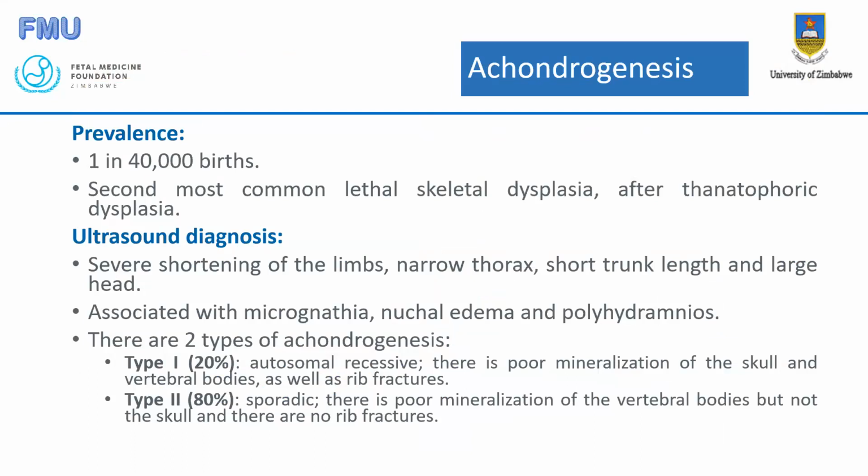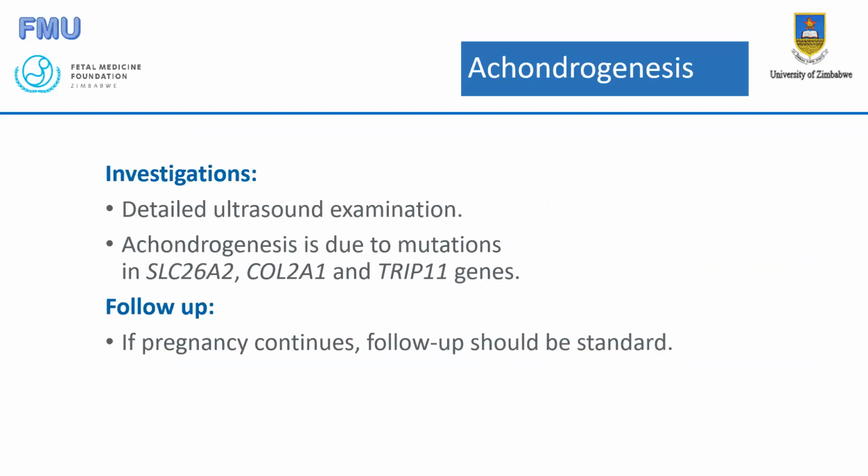The worst case scenario is to miss that the baby has skeletal dysplasia. Or the other worst case scenario is to falsely reassure the woman that they have achondroplasia when they have achondrogenesis, sort of falsely assuring them that the baby is going to be okay, and the baby will be just like the other short-statured, a normal dwarf kind of, which is not the scenario here. Because giving false hope is a little bit tricky in our line of work. So a detailed ultrasound scan exam is necessary, and achondrogenesis is due to mutations in the